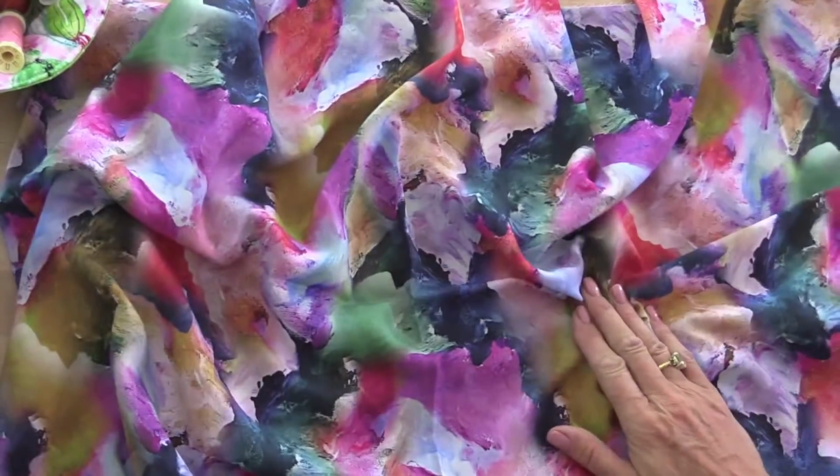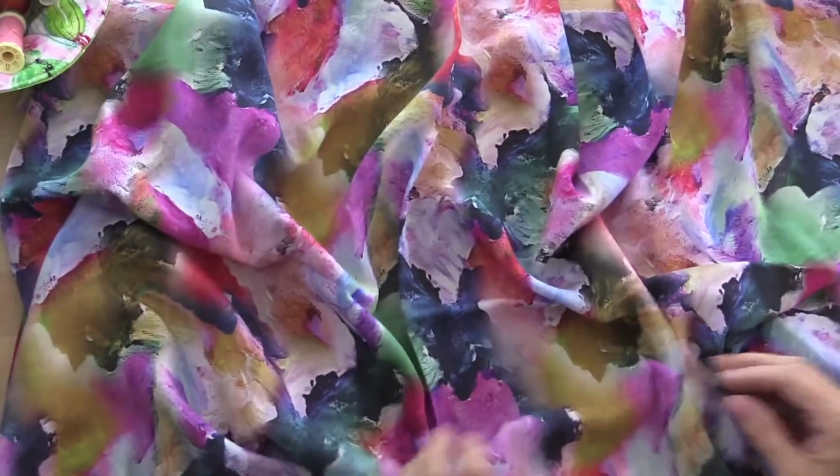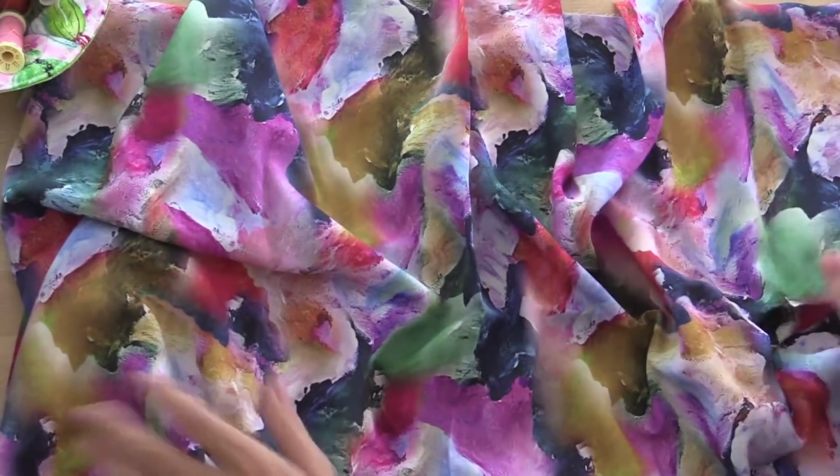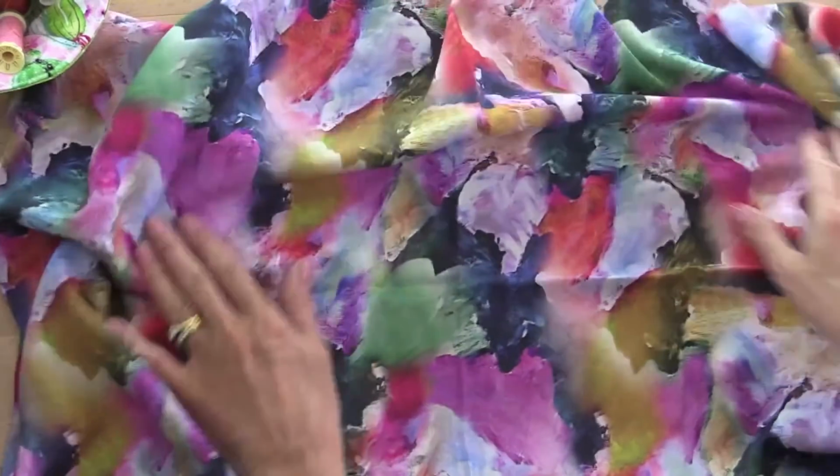If you have a look at the video that I did with making a bag out of viscose, if you put some heavy interfacing on the back of it, there's no reason why you couldn't use that for bag making or homewares or anything. But isn't that